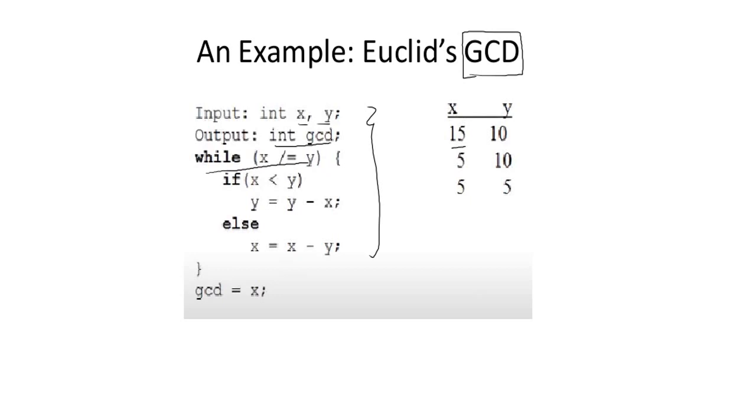So let's check this algorithm with an example. Let's take x equals 15 and y equals 10. x is greater than y, so it will go into this loop. It will subtract x minus y, so you will get 5 and 10. Again you check the loop, and it will subtract y minus x, so you will get 5. So 5 is your GCD. Is it clear? Okay. So this is the basic algorithm to compute the GCD.